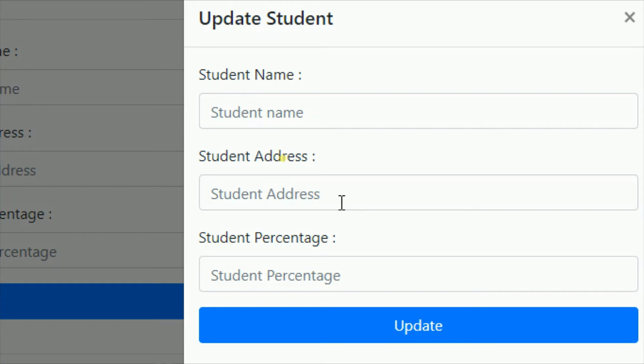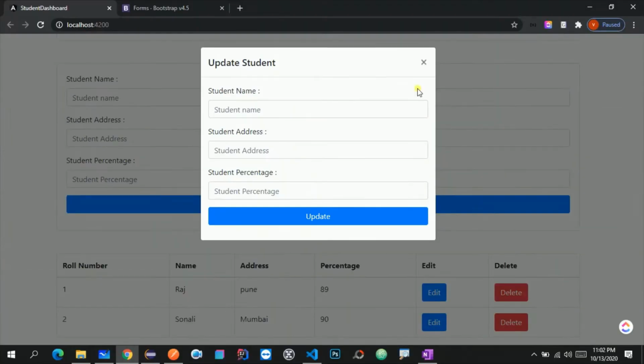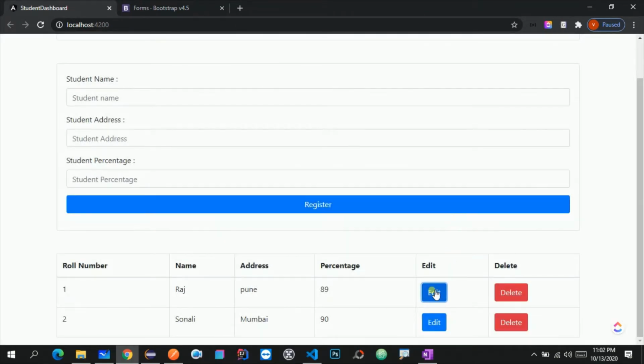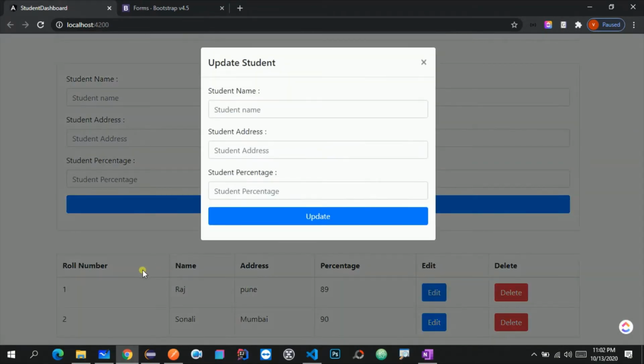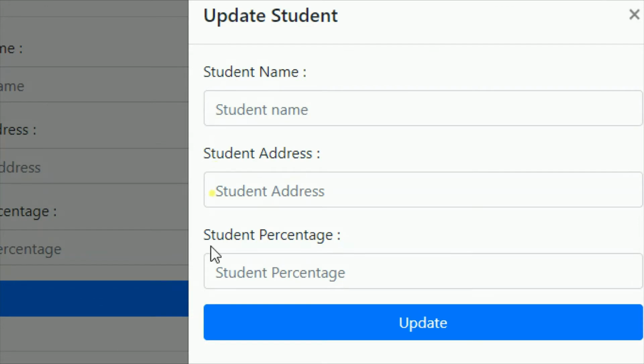This is how I want it. And if there is a spelling mistake in the student name, I am able to see it here, so I will remove it and update it, and same for the percentage. In short, whenever I click on this edit button, I want that particular student's data in these fields.